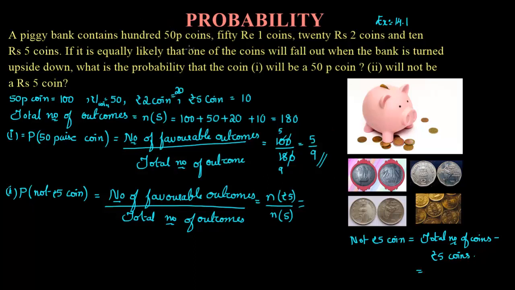because here this is a big number, 100 and all. In the previous video we were discussing the ball problem, so we just counted over there itself, right? But here it is a big number, 150 and all, so we cannot count it like this. So we know the total number of coins, and we know how many coins in the piggy bank are 5 rupee coins. So total it is 180, and number of 5 rupee coins, how many are there? It is 10 coins, right?